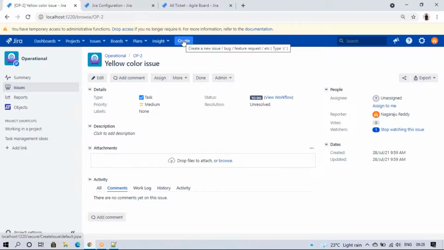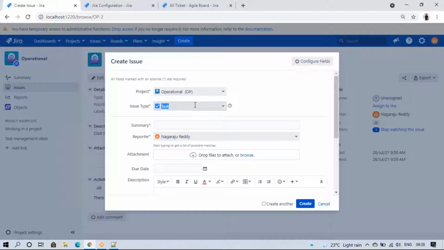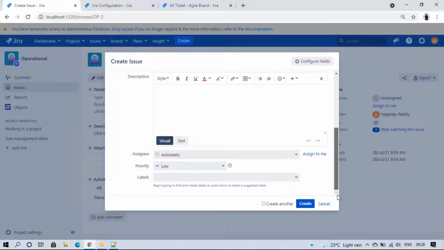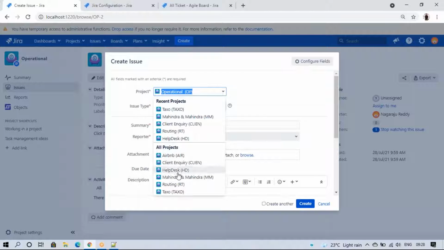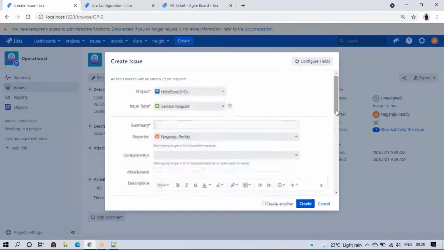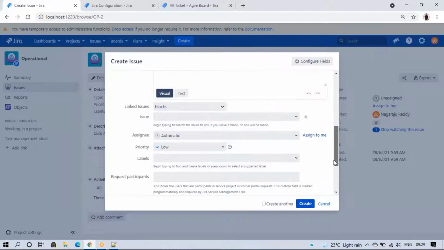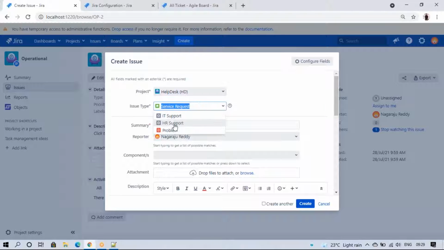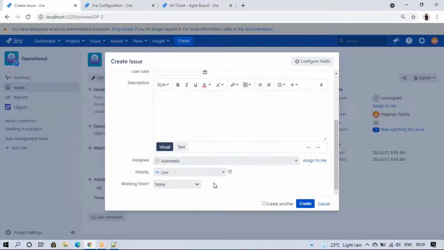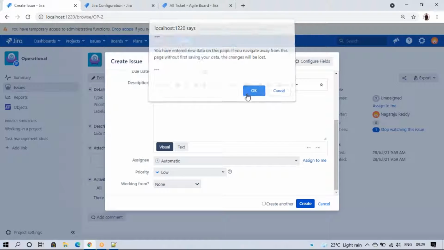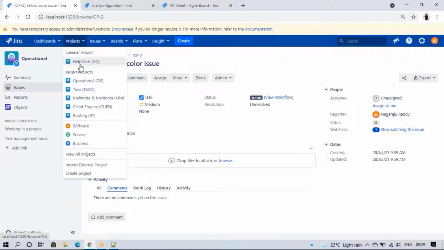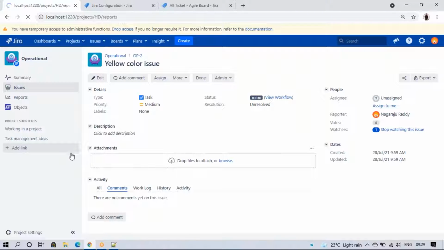For example, I have one field, we'll see that. Yeah, for example, we see that is a help desk. Okay, so I have one field, working from home. I want to add some help text here. So how can I add it? I just go to these projects and I can add it from help desk, and I need to add that in the field configuration. I told you already how we can.